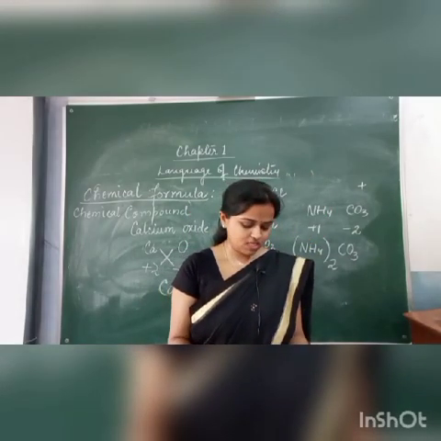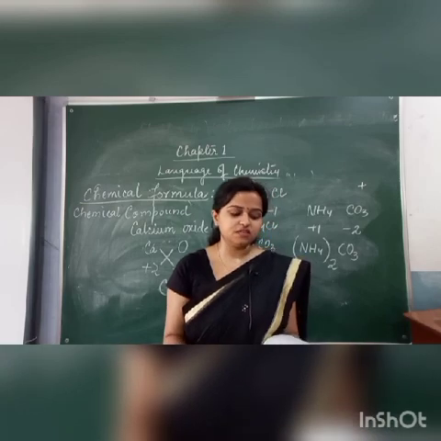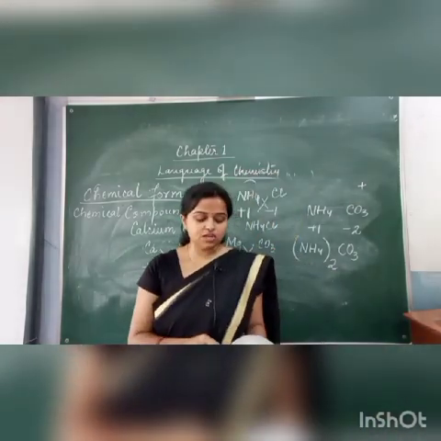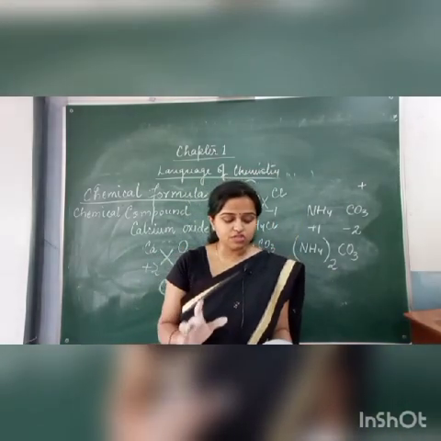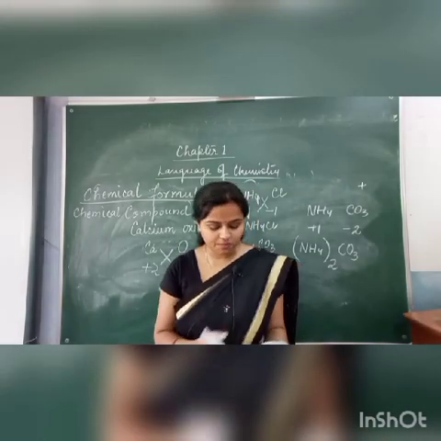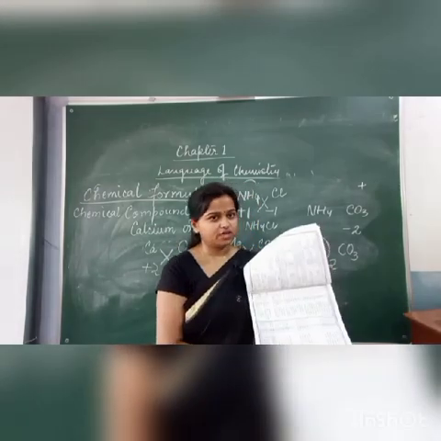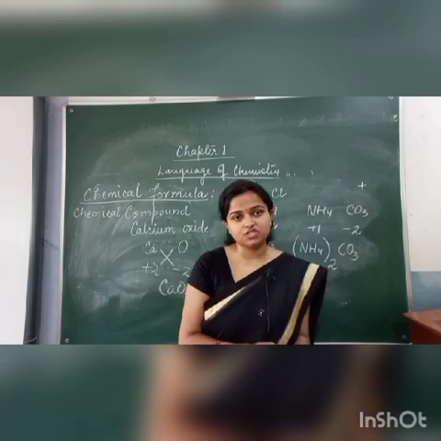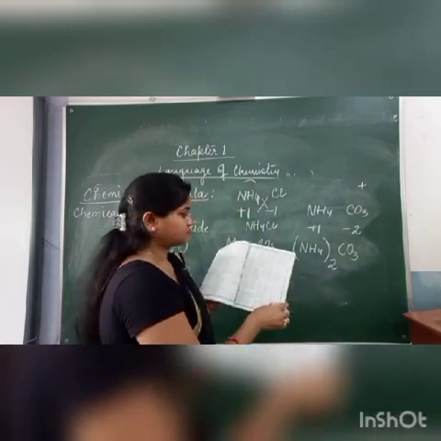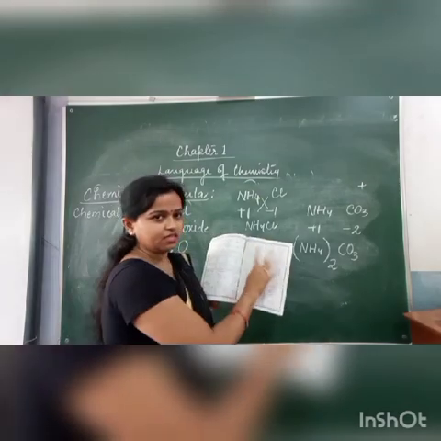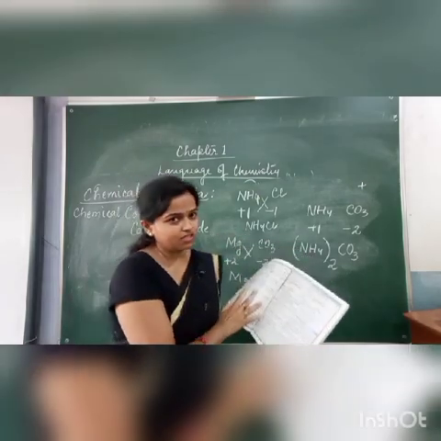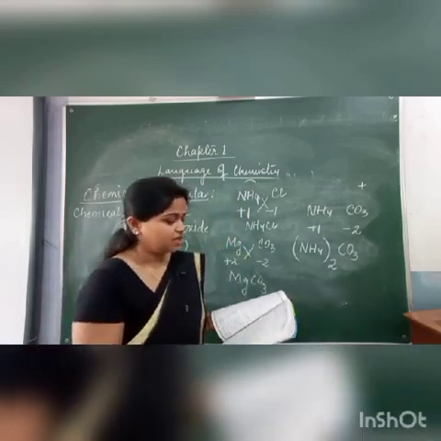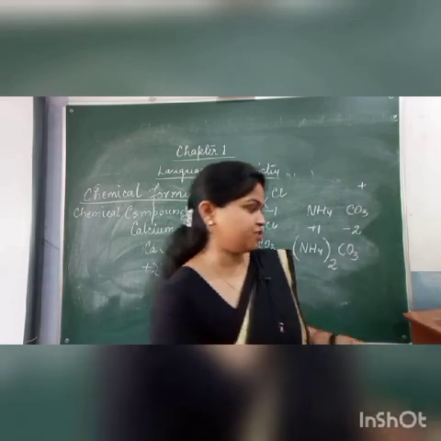See, page number 5. You have to learn. It gives acids, bases and salts. For salts, you have to learn all the formulas, especially from gypsum to washing soda. Then page number 6 shows how to write a formula. And page numbers 7 and 8 have a table of some important formulas with the valencies of the elements. No need to learn all these. If you learn the valency chart, it will be helpful for you. You can write any formula. Okay. And next is chemical equation.